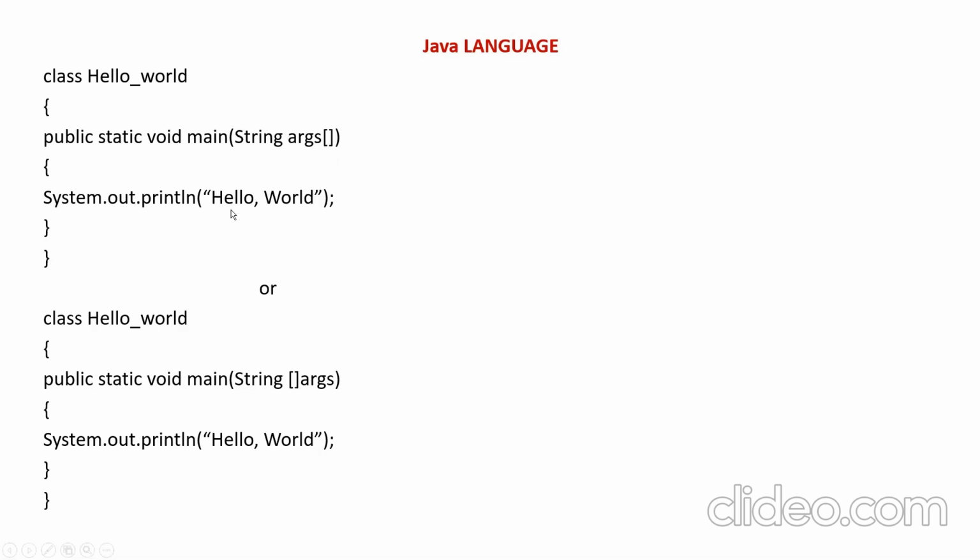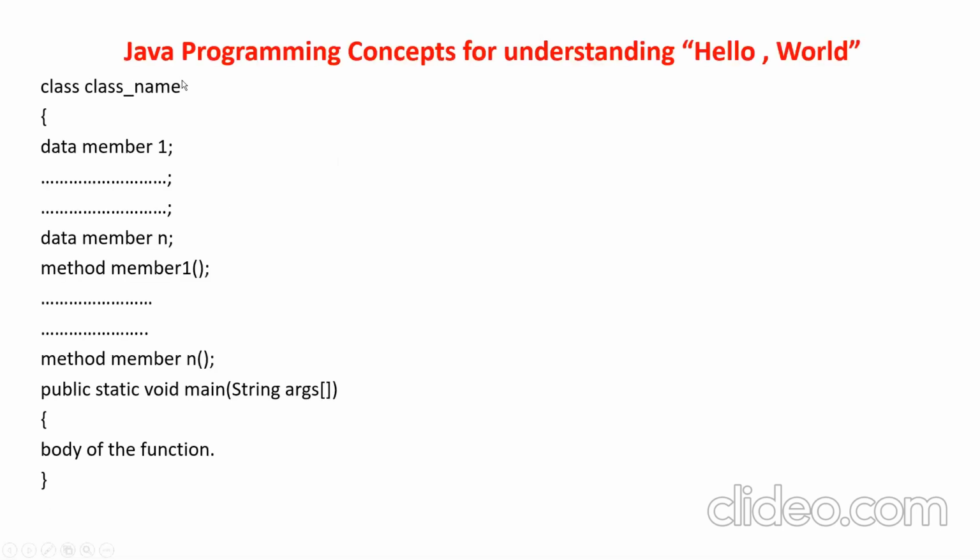So this is the general way. We need to know why we are declaring it like this. For that, we will show the general syntax of the class name. Within that, data members will be there. Then functions which operate on the data members will also be present. And finally, we'll have the main method. So only the class which has the main method must be used for saving the Java file. There can be multiple classes.